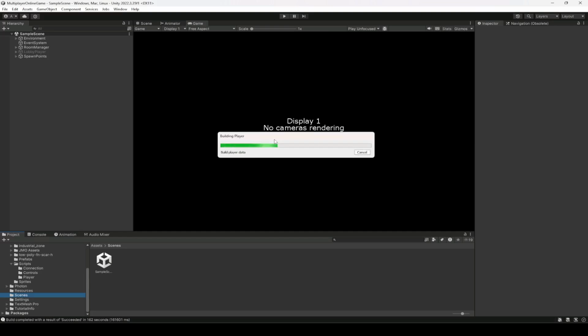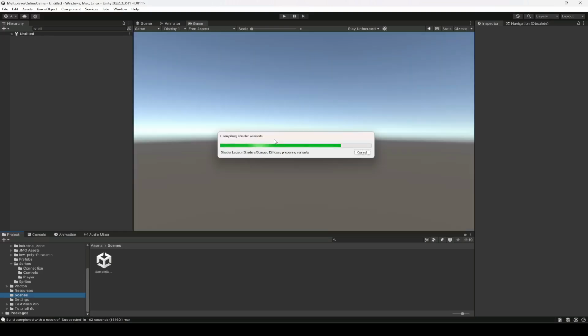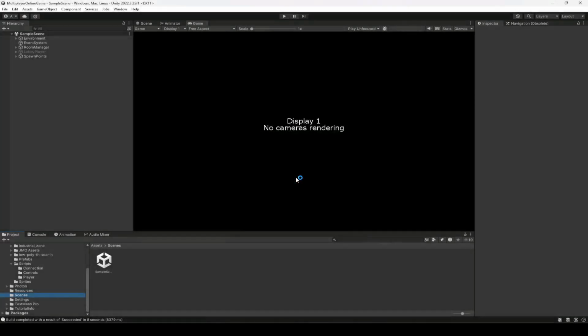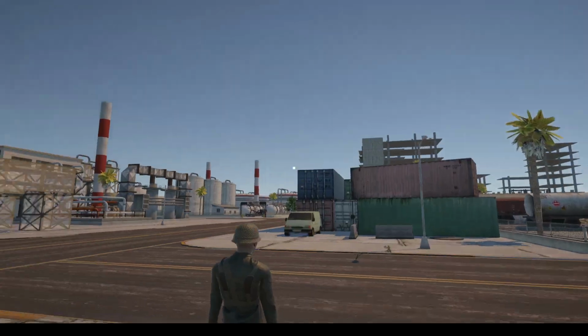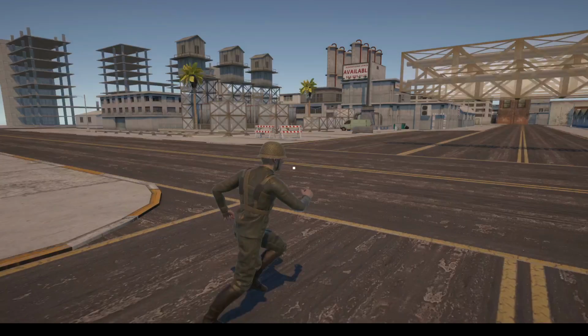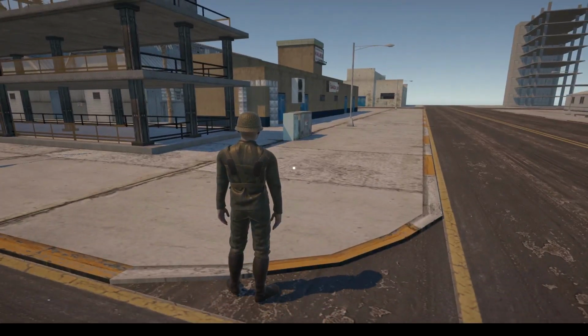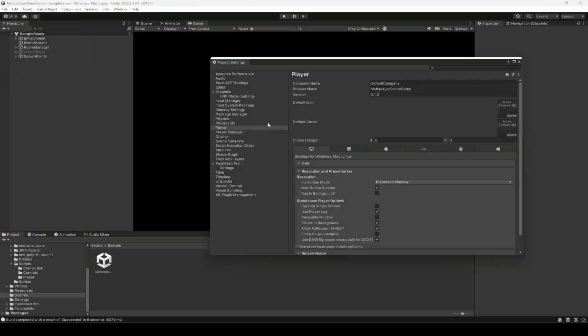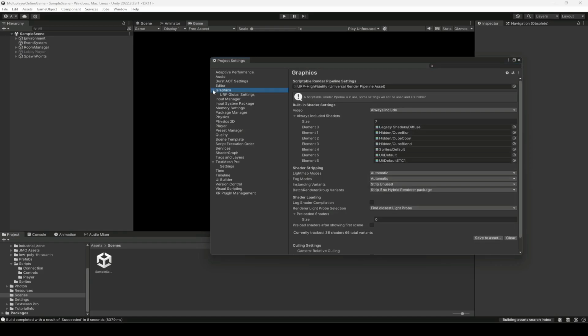Alright, when you press it, now as you can see, it is building player. Now in a moment it will be running. Alright, you need to click allow right here. Okay, so our game is in full window. If you notice it, alright, it is showing on full screen. We actually don't want it on full screen, so let me just close this. And we want that when we run our game, for now we want it in a windowed